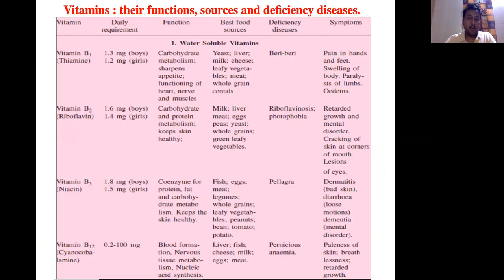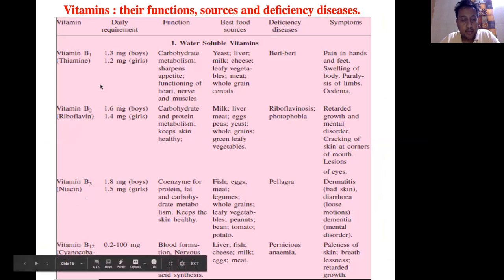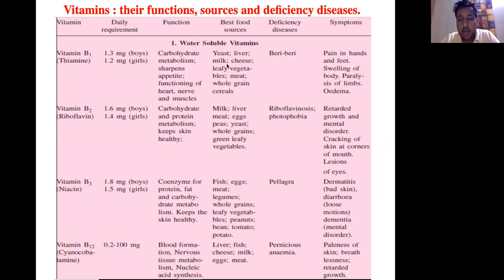So moving on with the vitamins and the associated disorders. Here you can see a chart of the various vitamins like B1, B2, B3, B12 and their names along with their daily requirement, their functions, sources. So this chart basically just gives you a brief idea of what vitamins are required in what amount by the boys and the girls, and what could be their best sources, what are their functions,